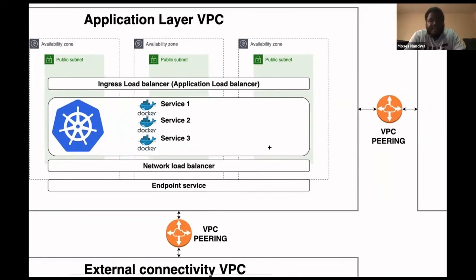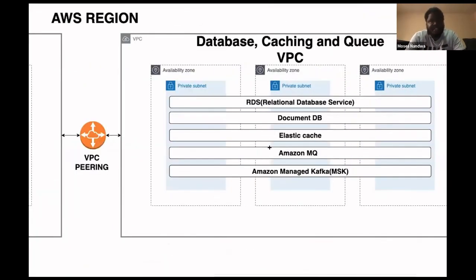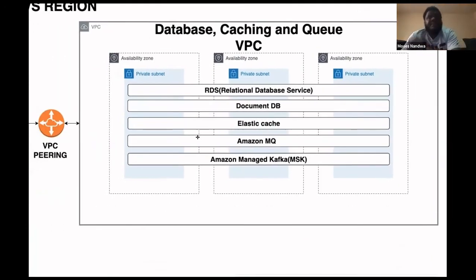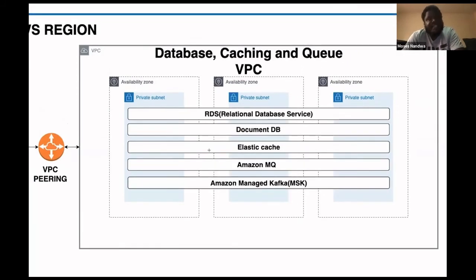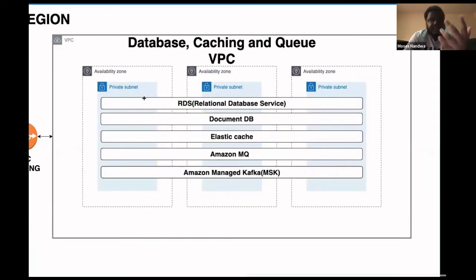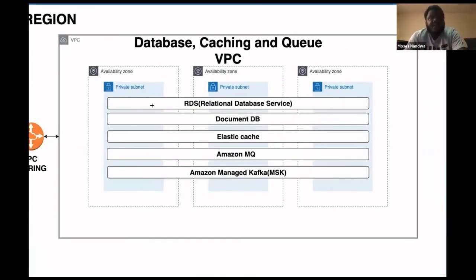Under here, next to it, I'll just move next so that I finish with what is below. We have our VPC, again with 3 different availability zones. And notice these are private subnets, so they are not accessible from the internet, and people who don't have access to them cannot talk to them. So here is where we put our things like databases,